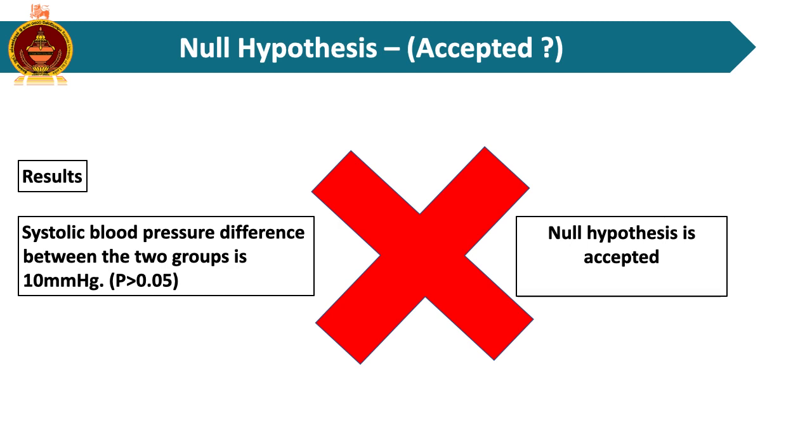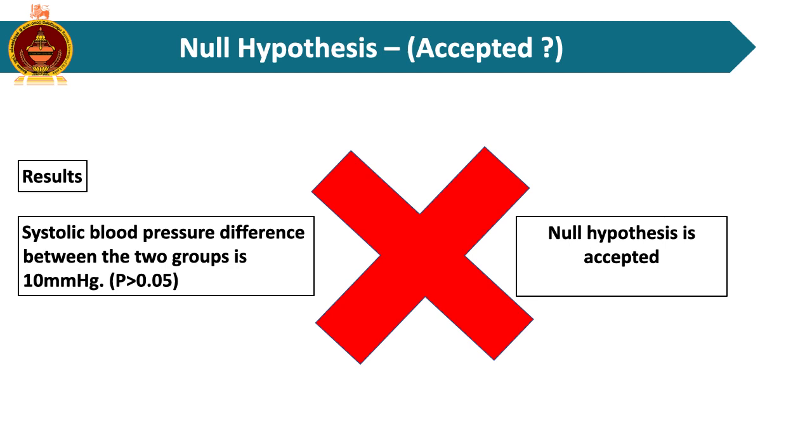However, this conclusion is conceptually false because from the beginning of the study we state that the null hypothesis is true. That means from the beginning of this hypothesis testing we assume that the systolic blood pressure of the type 2 diabetes population and the systolic blood pressure of the type 1 diabetes population are equal. And considering this, we try to identify the probability of observing this observed difference of systolic blood pressure.